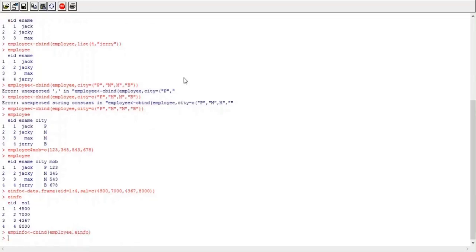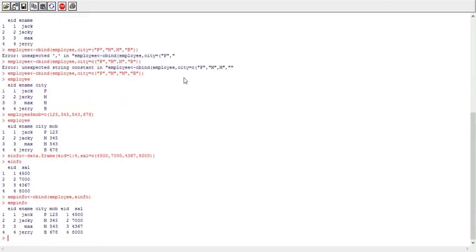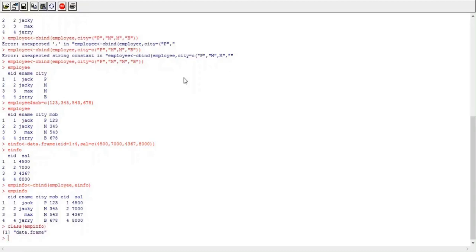So emp info will be a new data frame with all the columns. It will combine repeated columns also, with all the columns present in the employee data frame and the e-info data frame. And if we display the class of the new data frame, that is class of emp info, then it is data frame. So this is how we can merge two data frames column wise by using the cbind function.